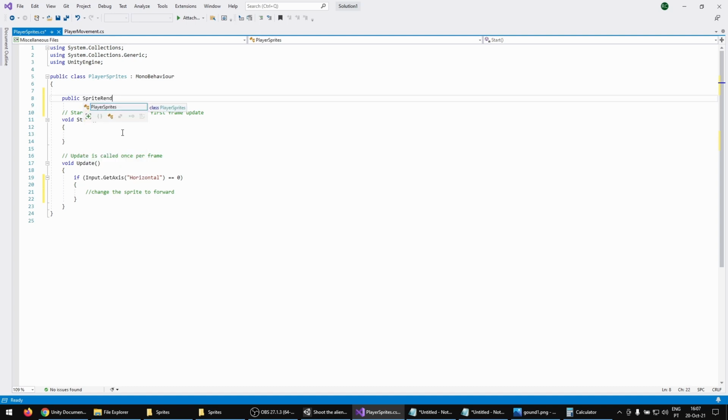Sprite renderer. So this is the type of our variable. It's the component itself, and it will be called sRenderer. I will use a different name so it doesn't interfere with the sprite renderer. Okay, empty. I will not say equals to something because I cannot write what it equals to. So if I save,